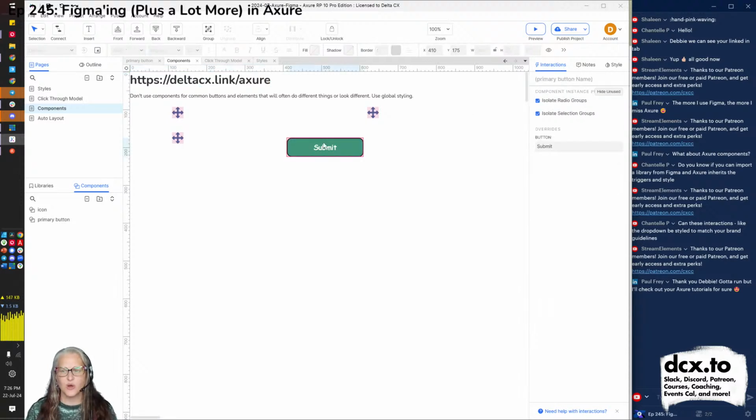When I'm on a component, that's not here. Now, there is a way to do it. It's kind of advanced, but it's not easy. And so ultimately, it's probably just easier for you to use your global styles for something like a button versus a component. Because if you change the color of this, you'd use your global styles to change that everywhere.